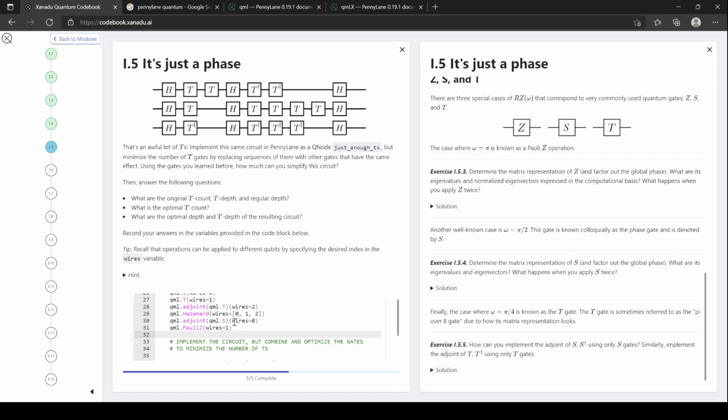I guess I could write it as an RZ. I feel like that seems like cheating. I feel like I'm supposed to combine it. Like all the T's could be written in terms of RZs. I could replace 100% of them, but I feel like that's not the desired point. Yes, I could reduce this to an operation of RZ, but I feel like we're supposed to be using non-parameterized gates. Maybe I'm wrong and it'll tell me, no, you need to do this, but let's see. All right, last we have